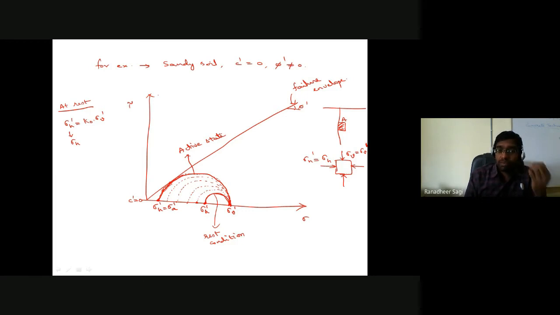Can you have some sigma h dash value which is less than your sigma a dash value where your soil is still going to be in stable condition? No, because by that time the soil sample has failed. Sir, is there a possibility that even with a decrease in stress in the horizontal direction acting on the soil element, we see failure happening in the soil? Yes. It's not due to an increase in stress. It is due to the decrease in stress that the soil is failing.